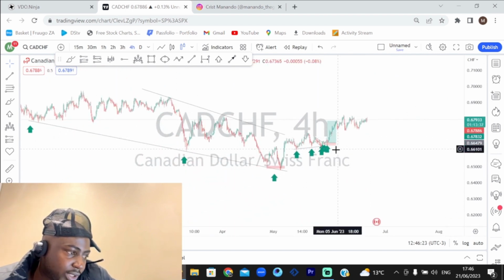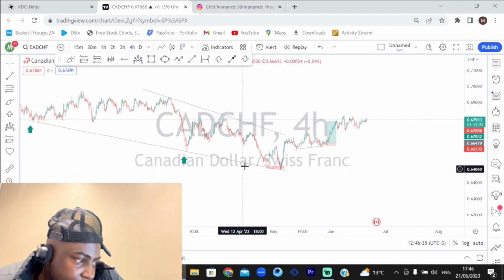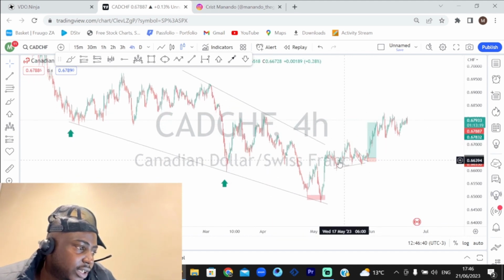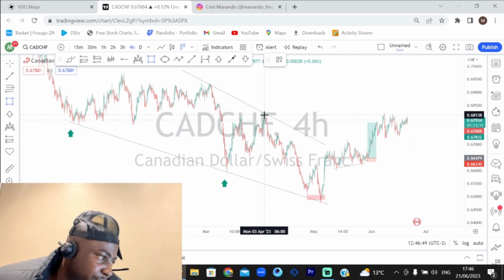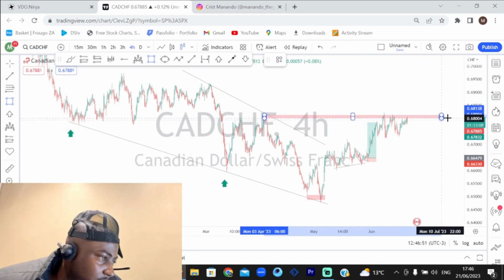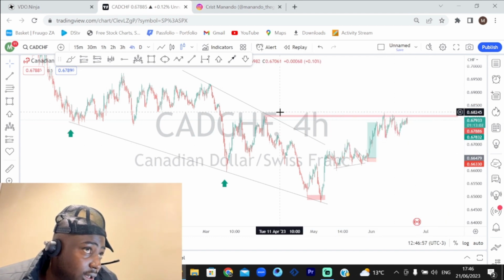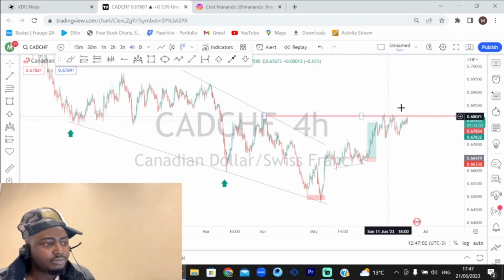There's so many. Let me just try to delete some of these. So you can see that the price just bought from this correction, giving us a huge impulse. Remember, final take profit, previous high, which is this point, zipped across. You can see the price is actually, oh, I thought it was raining. So you can see the price is just respecting this